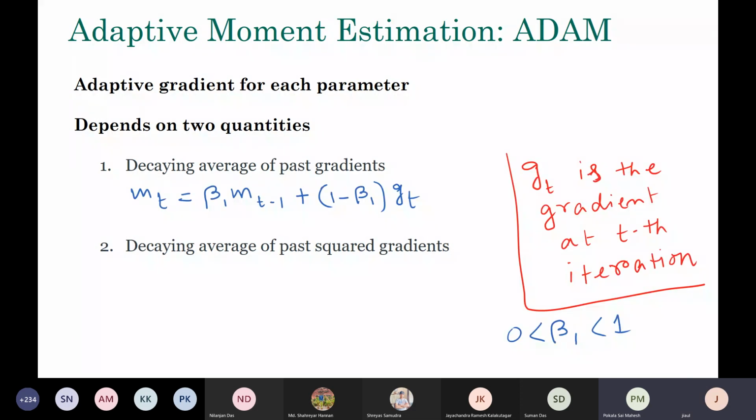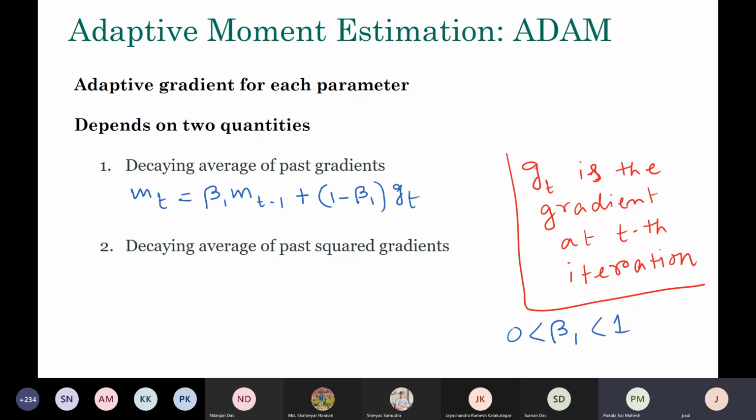The first point is this: m_t is basically your actual direction of movement of the gradient. m_t equals beta 1 times the previous m_t plus 1 minus beta 1 times the current gradient based on the current example or current batch, where beta 1 is a hyperparameter lying between 0 and 1. This is a scalar quantity. It's a combination of all the previous gradients, which you summarize in the expression m_(t-1), plus the current gradient based on the current batch. So essentially you are taking the history of everything so far.